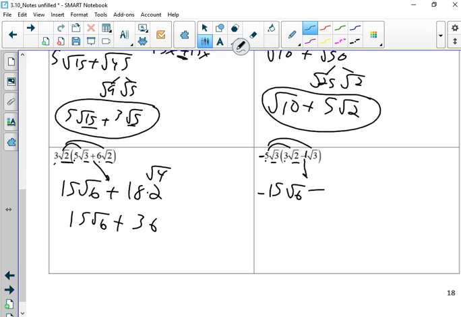So negative times negative becomes positive. And it's just going to be 5. And then radical 3 times itself is just 3. Or if you need to do it, radical 9. And then you just finish it up. Clean it up. Radical 6 plus